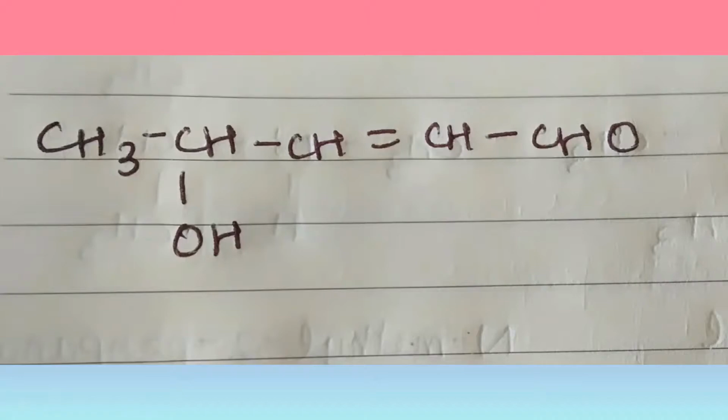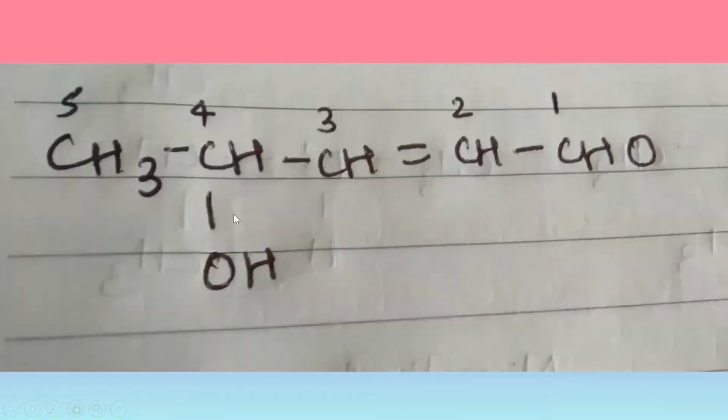So now we are naming it in such a way that the aldehyde carbon gets the least locant number, because it is the main functional group according to the priority order, because it gets more priority when compared to the alcohol group. And so the alcohol group here will become the substituent, and our main principal functional group is our aldehyde. So the allotment of the locants is from right to left.